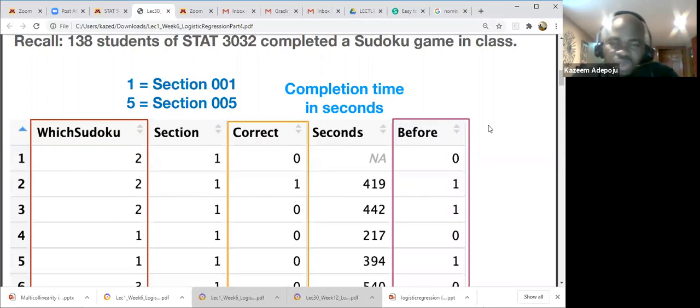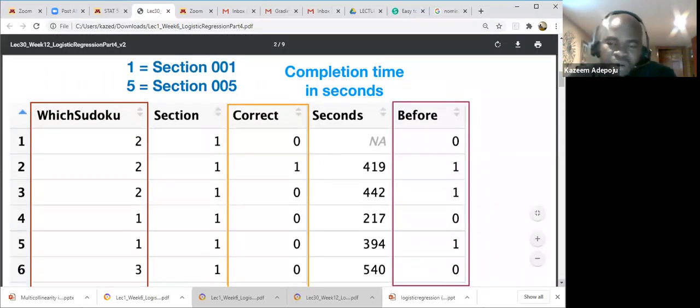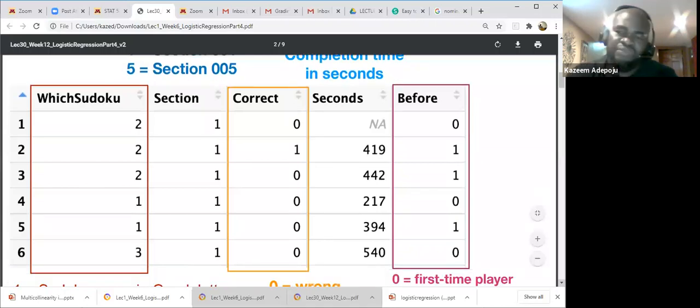Okay, we're also going to look at the effect of the completion time. What is the effect of completion time on the correctness? And then we're also going to investigate the impact of whether you have played the Sudoku game before or